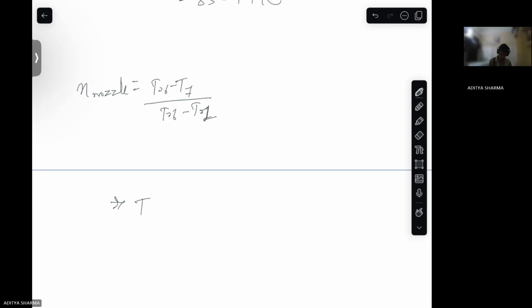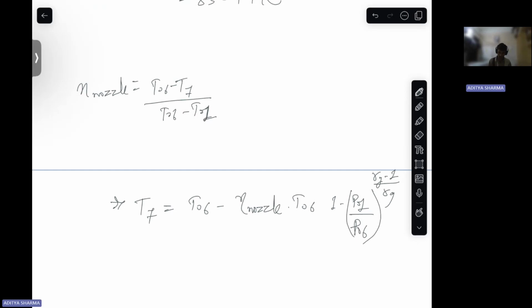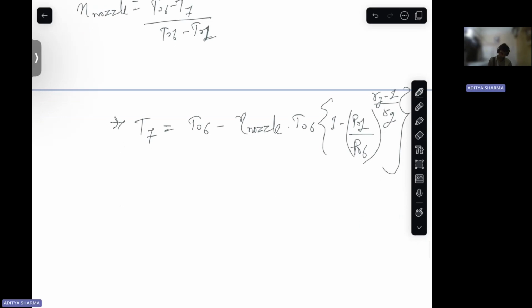So T7 is T naught 6 minus internal nozzle efficiency times T naught 6 into 1 minus P naught 1 by P naught 6 raised to gamma g minus 1 by gamma g. So now place the values: 853.77 minus 0.77 into 1 minus